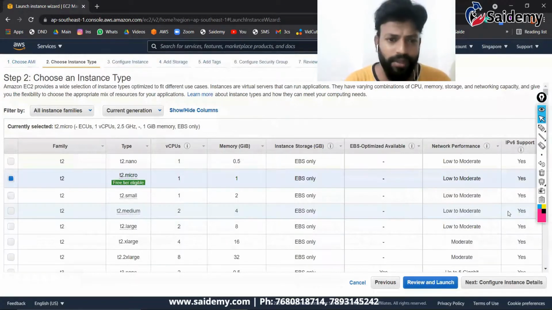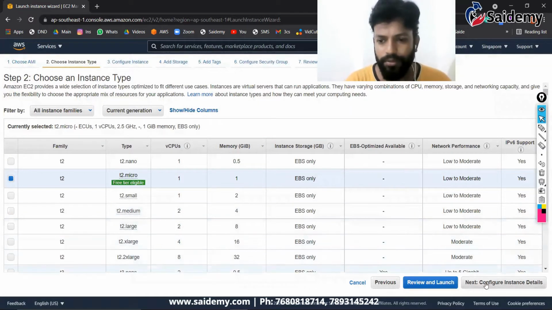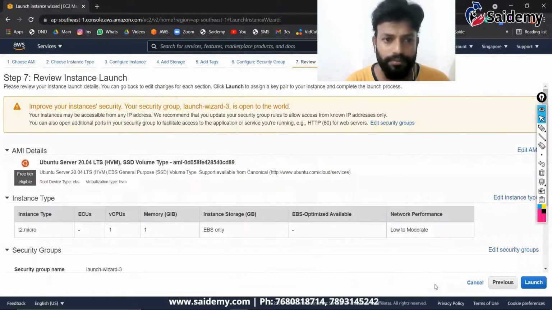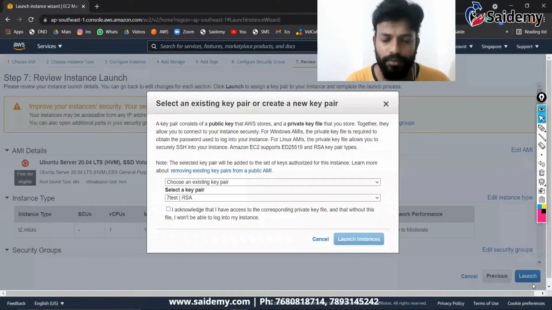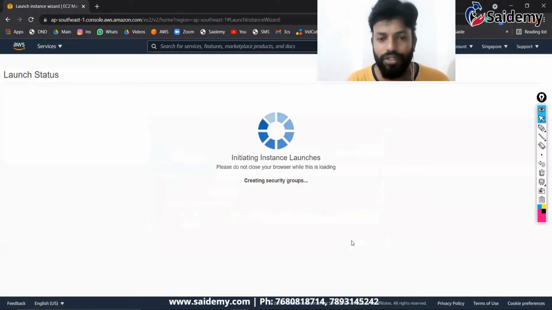The remaining things are pretty much the same. t2.micro. Directly you can click on review and launch. That is up to you. See, directly review and launch. Okay, now click here, launch. Yeah, one more thing. I'll show you, security group not selected. Yeah, that I'll show you later. So here also I'm going to select the same key. You can see choose an existing key pair, 7test. Launch instance